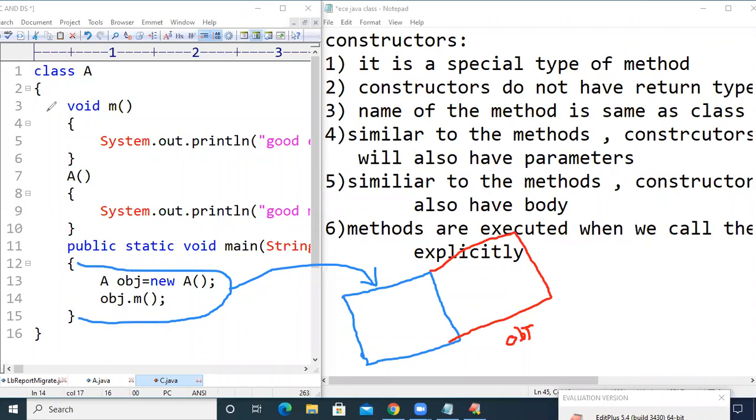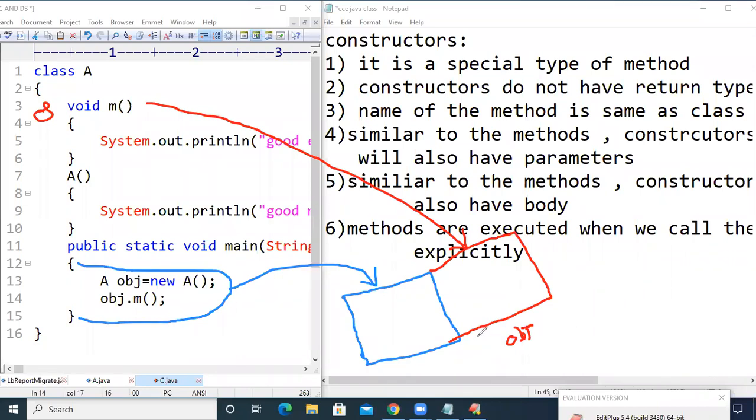Here there is no static keyword in front of method m, so this method will be kept inside this obj. Remember the point, constructors will not be kept inside the object, right? So the non-static methods and non-static variables will be kept inside the object.